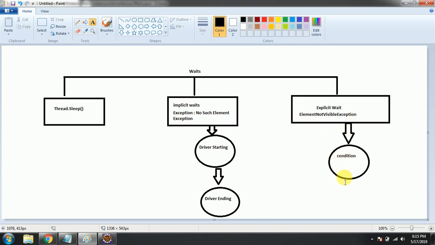And you can see that with explicit wait we are going with one condition, one web element which is taking more time. We are applying explicit wait only for that particular web element. Implicit wait is set once, while launching the URL or driver, so from the starting of the driver to the ending of the driver it will be the same. The timeout is the maximum it is going to wait, whatever we assign at the beginning of the script. So this is all about waits, guys.